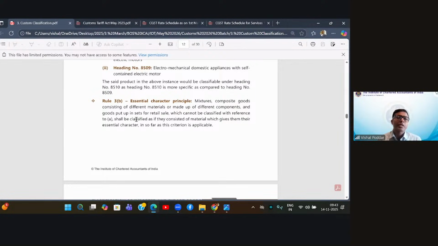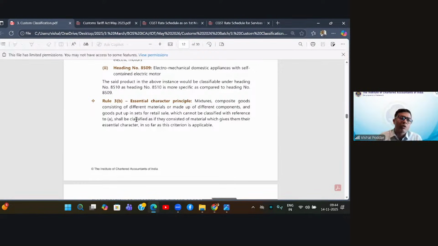Now out of this, I will classify mango lassi under which chapter? I will get the answer from 3B. 3B says classify it under that chapter which is giving your product the main character. So what is the main character of my product mango lassi? Is it mango, the main character, or is lassi the main character? The answer is obviously lassi. Mango is more for flavoring.